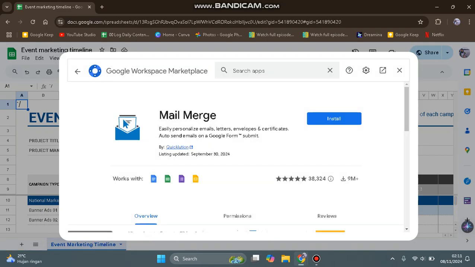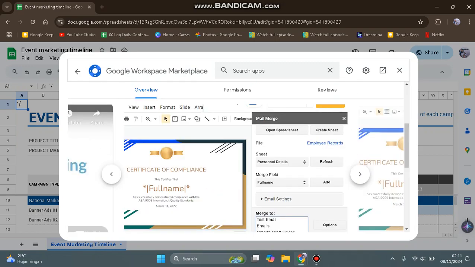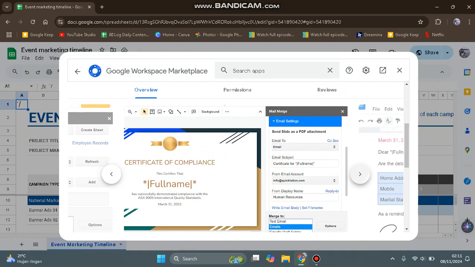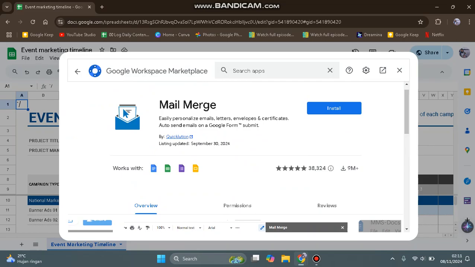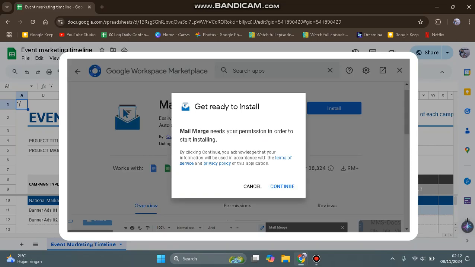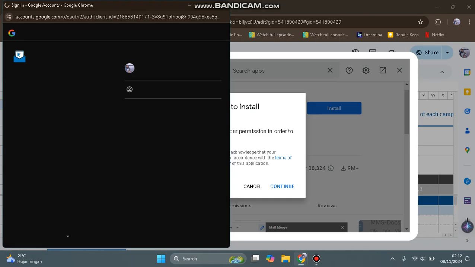You can easily personalize emails, letters, envelopes, and certificates. Also send emails on a Google form submit here. Is this for a Google form only? No. Okay, so let's start by clicking on install, continue, and then you can select your Google